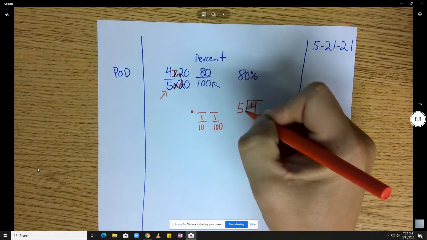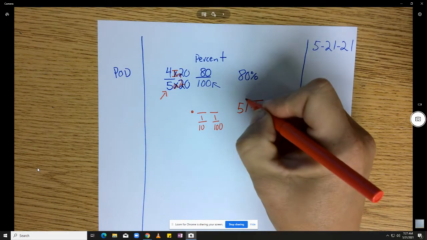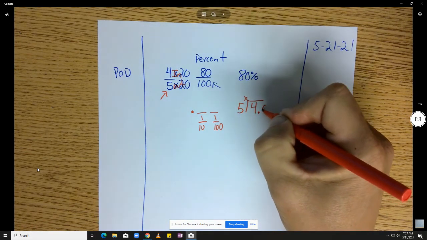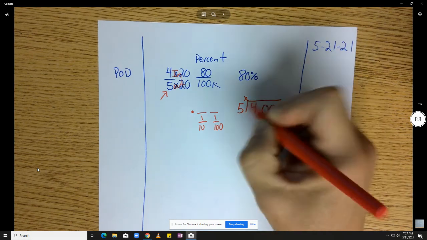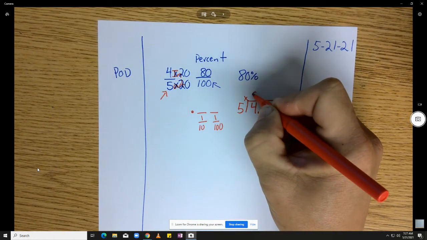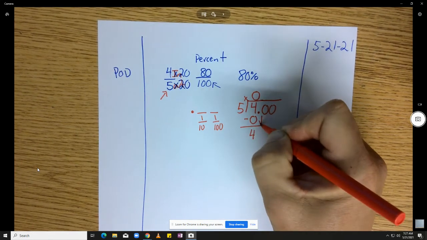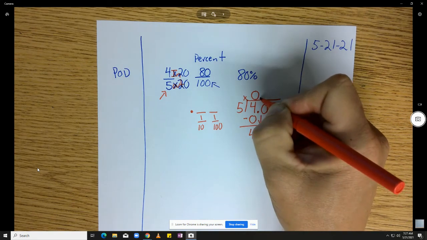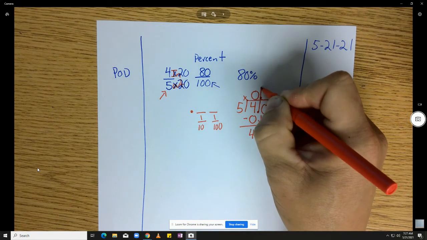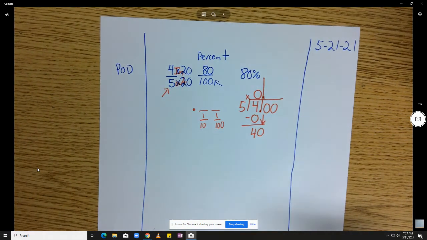4 in, 5 out. You always put a decimal with 2 zeros. How many 5s go into 4? 0. 0 times 5 is 0. 4 take away 0 is 4. You can only bring down one number at a time. Decimal goes straight up. I sometimes do like to use a line, so it really